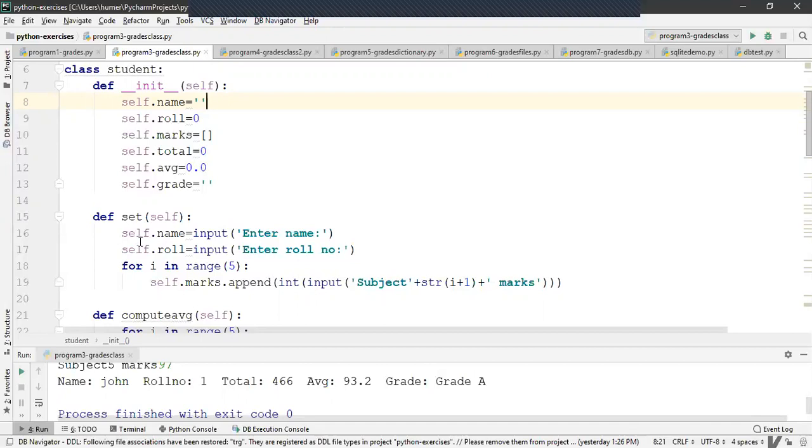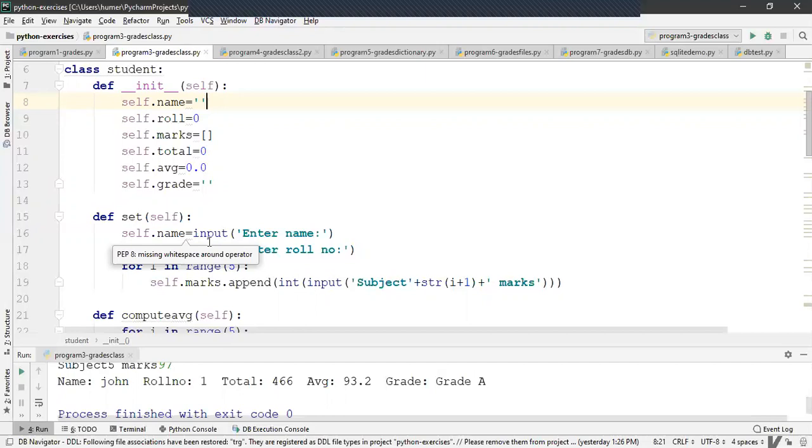Every function takes self as parameter, and these variables within a class must be preceded by self, because several objects can be created from a class. Every object has its own set of variables. So if you create for student class S1 and S2 two objects, S1 dot set means this name and roll number belongs to S1. S2 dot set means name and roll number belongs to S2.